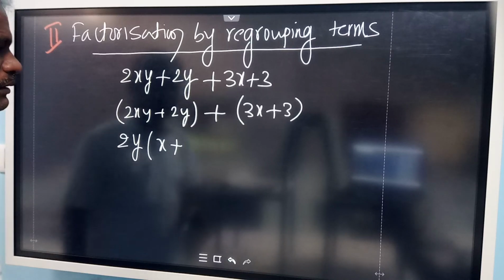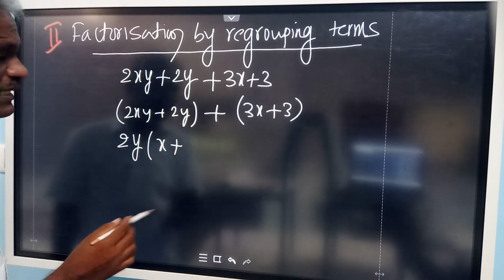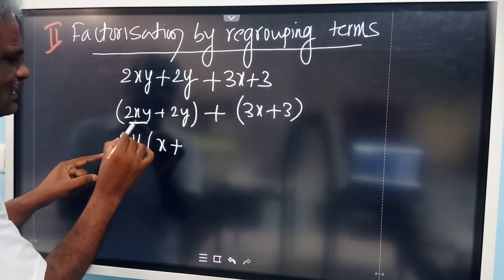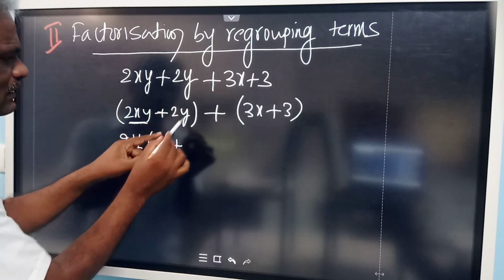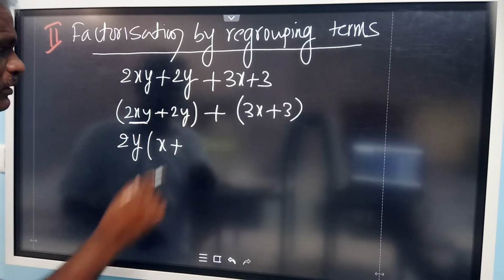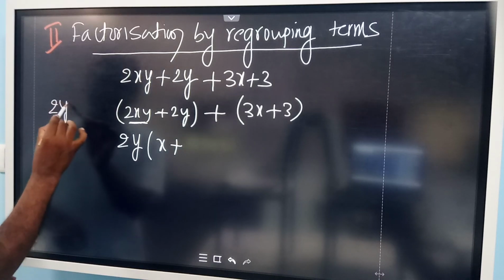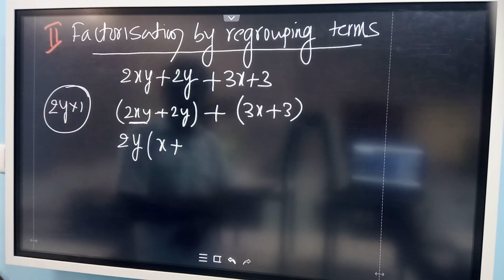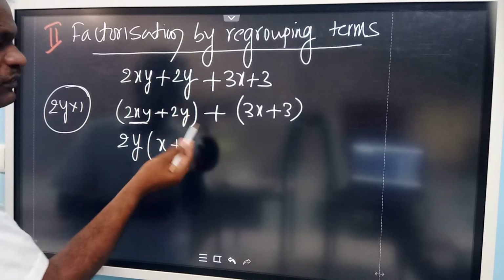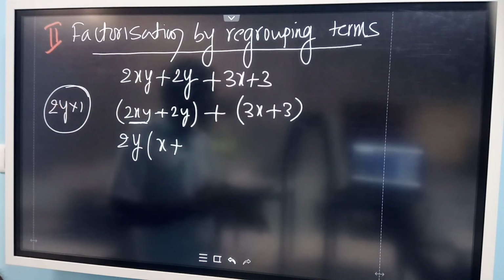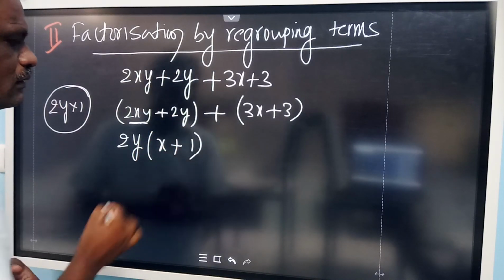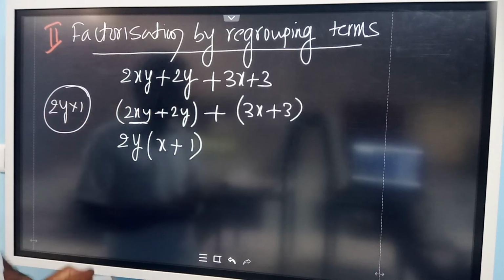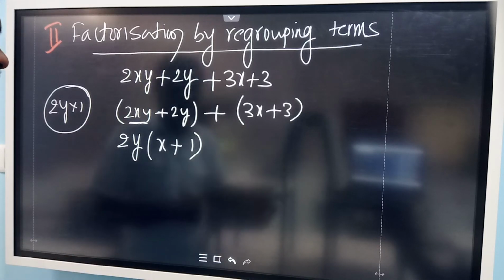Sir, x only. x only. Here, x is left out in the first term, then you have written plus, you have taken completely common. So now I will write 2y into 1. What is left here now? 1. If you are taking completely common, then there will be 1. Don't write 0 there. Nothing is there. But 1 will be there always. If you say nothing is there and write 0, then you will get 0 marks.